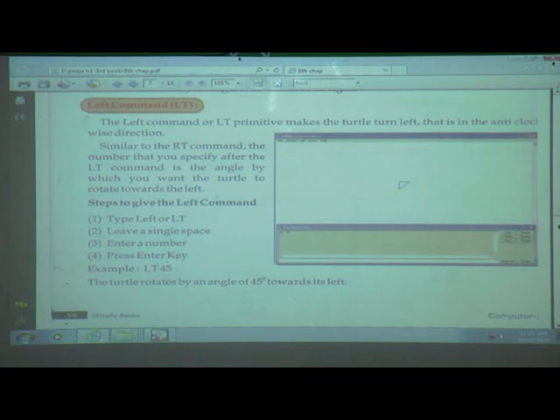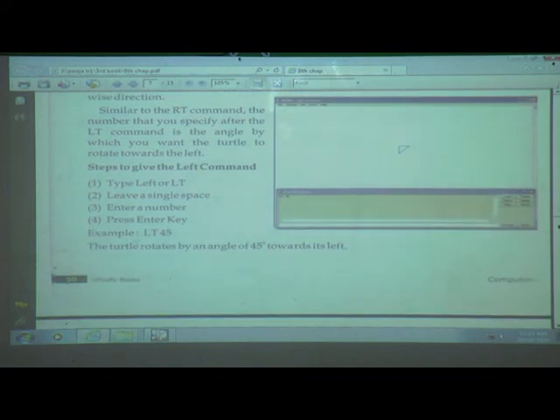Why the enter key? Because it is for the execution. For example, LT 45, we can give any number, not only 45. The turtle rotates by 45 degrees towards the left side. We will see it practically here.